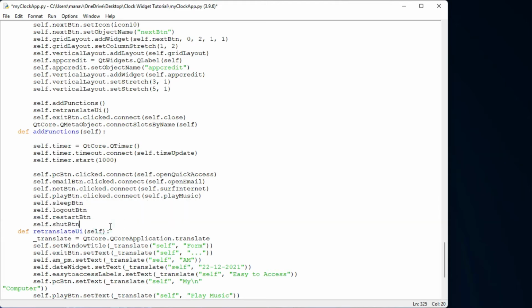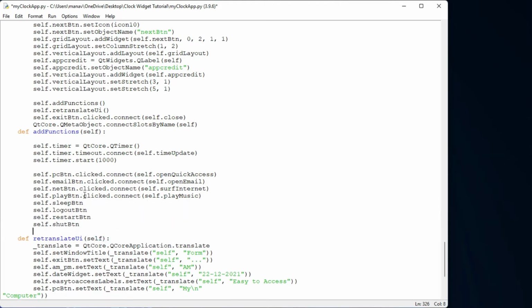Now I can use the click.connect method for all those four buttons. Under this I'll use the lambda function. I'm using the lambda function just for passing the button name itself, because the power method is asking for the button name. So I'll use a lambda function, and let me pass here self.power,